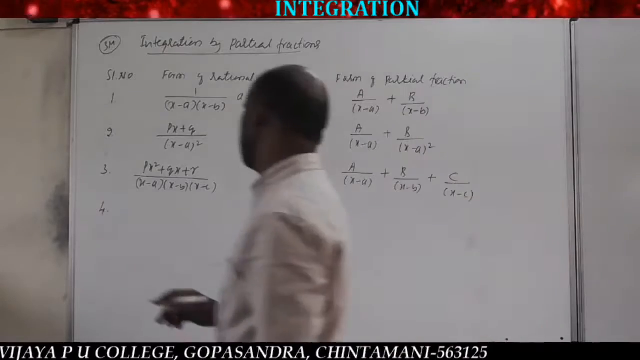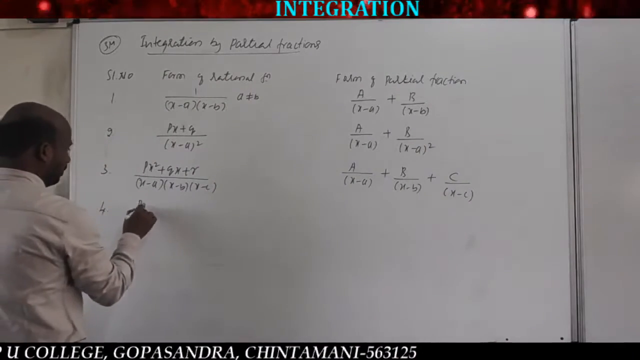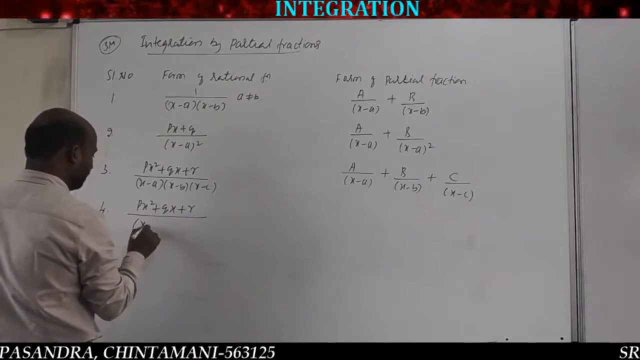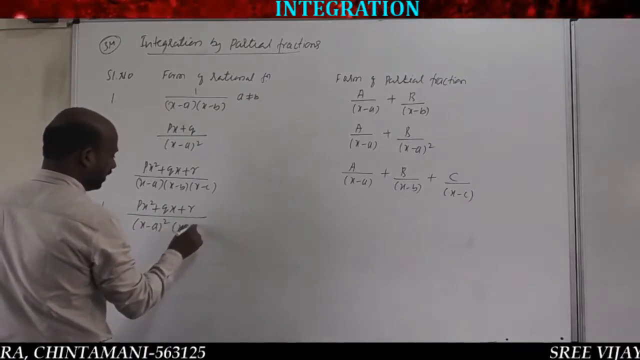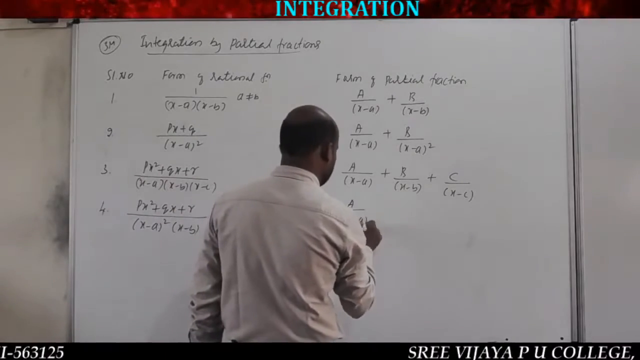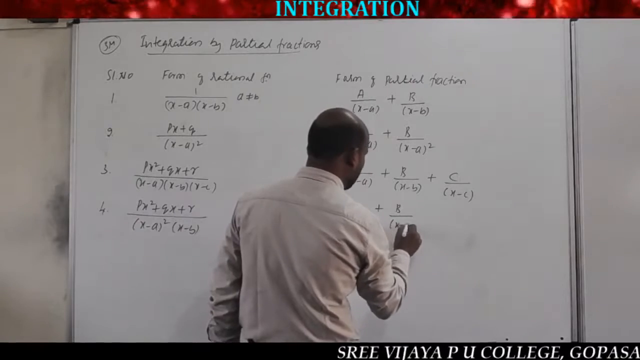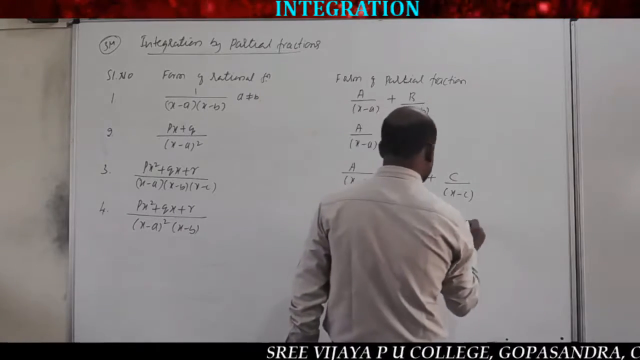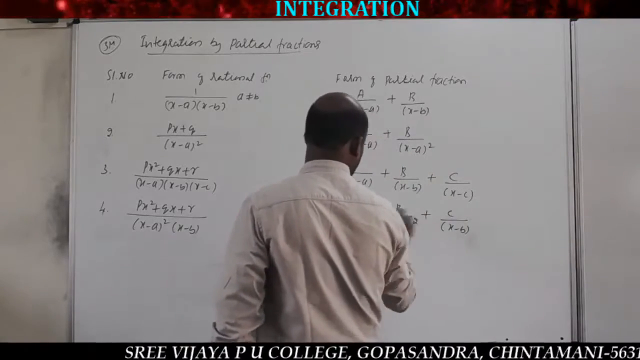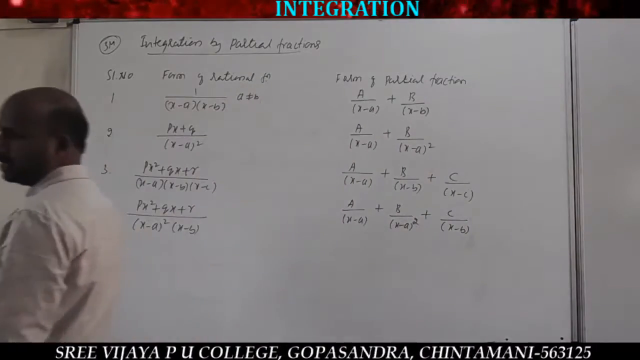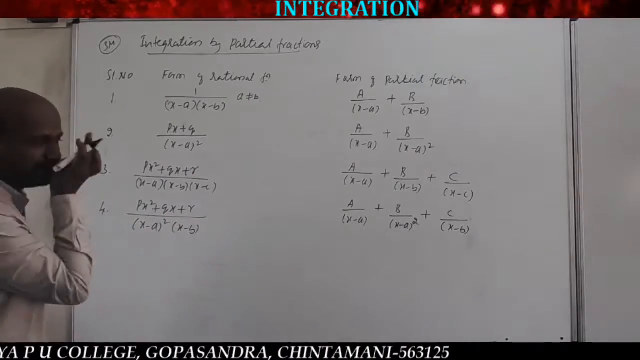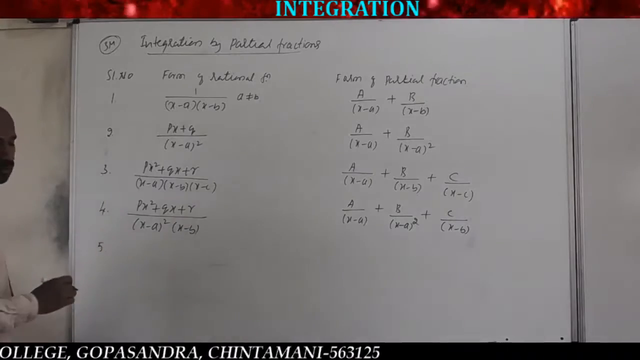The fourth one. Again it is proper. px square plus qx plus r divided by x minus a whole square into x minus b. So that is A divided by x minus a plus B divided by x minus a whole square plus C divided by x minus b. And the fifth one,